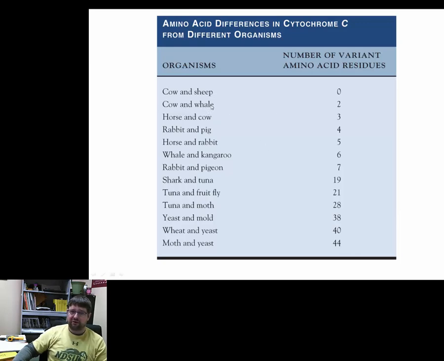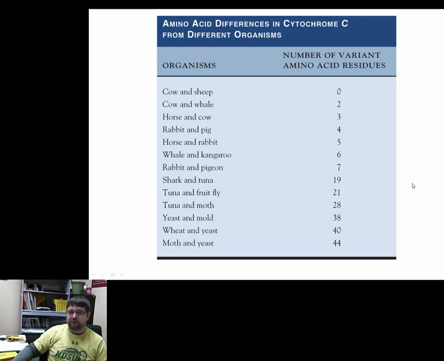Now people would be like, well, why is a cow and whale so closely related compared to a horse and a cow? Well, the cow line, that ungulate line, gave rise to whales. So whales were once terrestrial, that line was once terrestrial, and then migrated into a marine environment. So they were probably half marine, half terrestrial, and then full marine. Okay? And so that's why there's that connection, and it's more closely related than horses and cows. Horses are not related at all to cows. They have a very different line. Horses being a single toe, they started out with 5 toes, and a very different line than the cow line. But on and on and on, you can see the differences there.